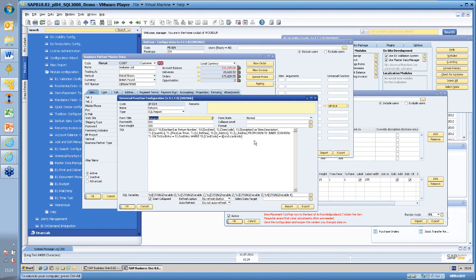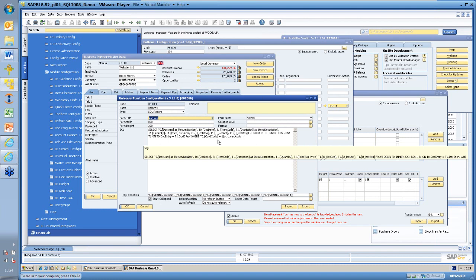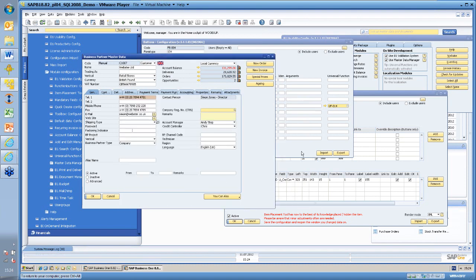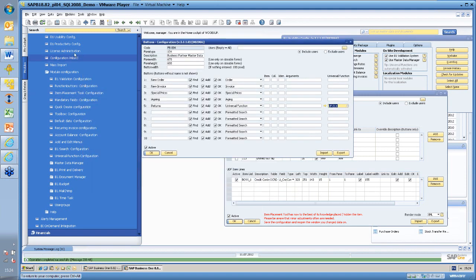So what I'm doing is taking that query that I've used for my returns and putting it into a universal function here. It's just a straightforward select query. So show me the return number, the item code, the description, the quantity and the price, the returns reason and the returns action, where the return relates to the card code that I'm sitting in at the moment. Okay, so some reasonably basic SQL that I've just associated in there. And what that will allow me to do, if I update that and come back to my business partner record here,